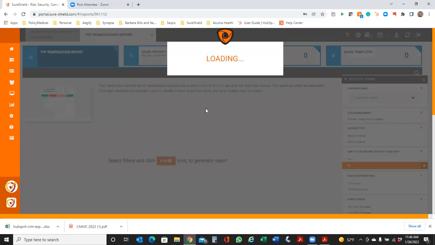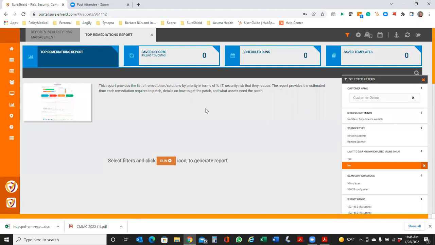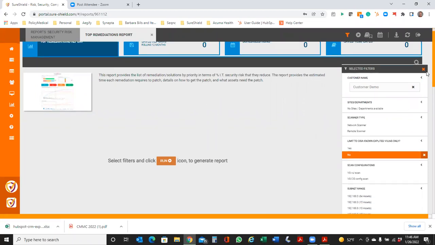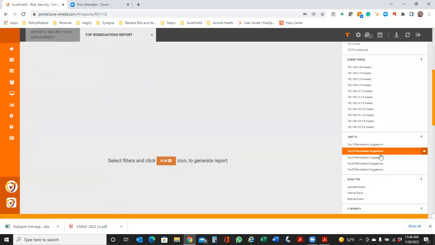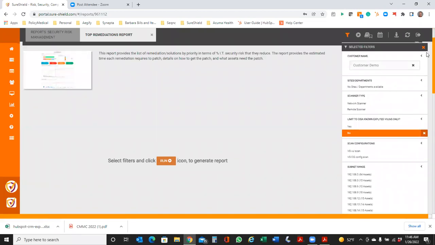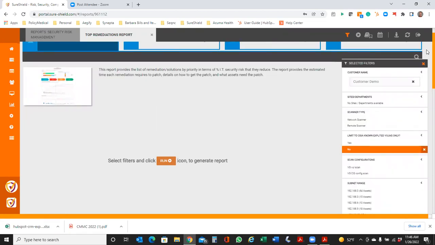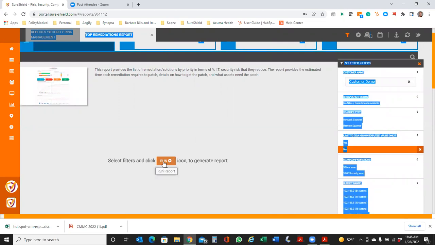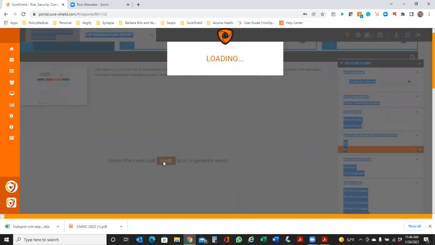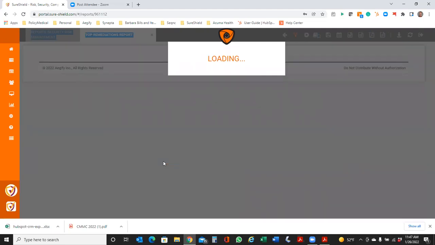I'm just going to point out a couple that are really super beneficial. You can see here, I'm wanting to look at a top remediation report that will help me understand, for instance, what are the top 20 remediations that I can take. You can see, again, a lot of different ways you can filter information to run the different types of reports you may want to run. But perhaps I want to get a good understanding, because everybody has a certain amount of limited resources and time, so I'm running a top 20 remediation report.